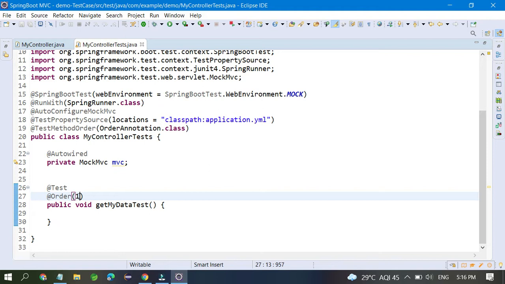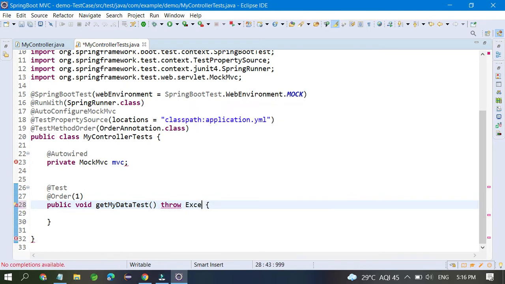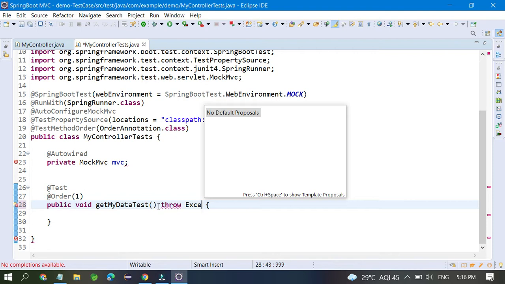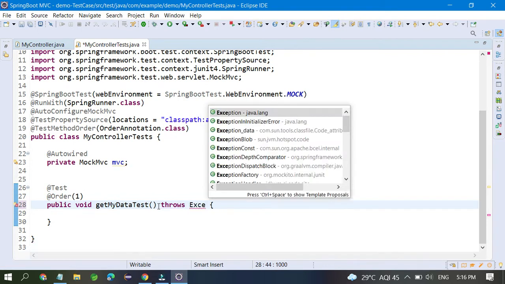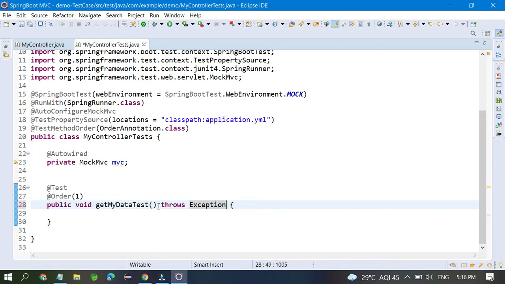You can throw the exception here also, because it is going to throw an exception. So write throws Exception, so it is going to handle any type of exception that is coming.